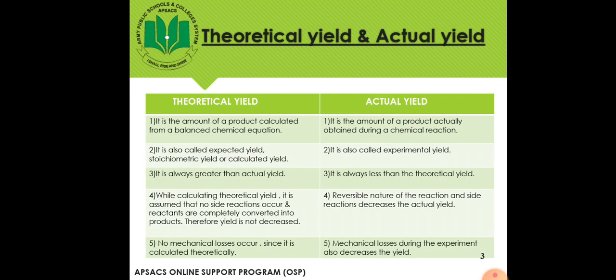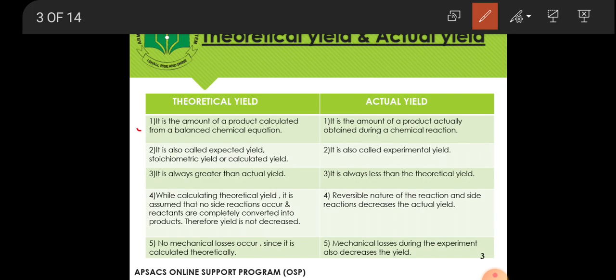Students, let's differentiate between theoretical yield and actual yield. Theoretical yield, point number 1, it is the amount of a product calculated from a balanced chemical equation. Actual yield, point number 1, it is the amount of a product actually obtained during a chemical reaction. Theoretical yield, point number 2, it is also called expected yield, stoichiometric yield or calculated yield because it is the yield that is obtained after performing stoichiometric calculations. Actual yield, point number 2, it is also called experimental yield because it is the yield which is obtained after